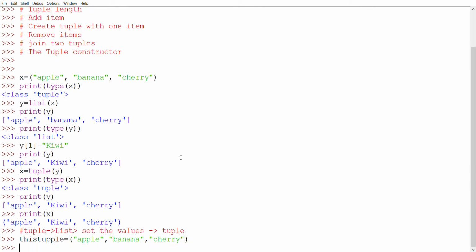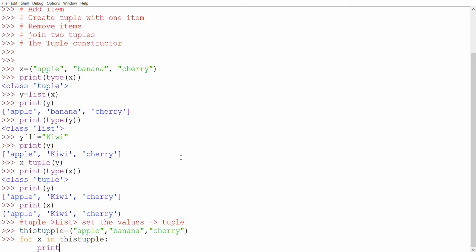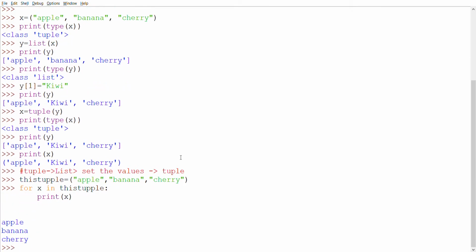For x in this tuple, print x. Apple, banana and cherry are printed.